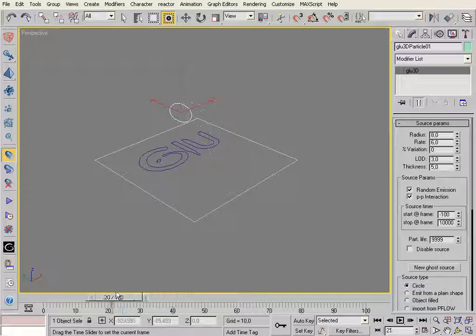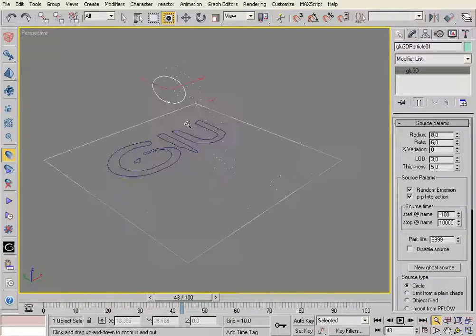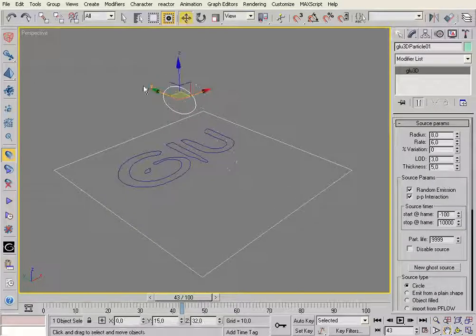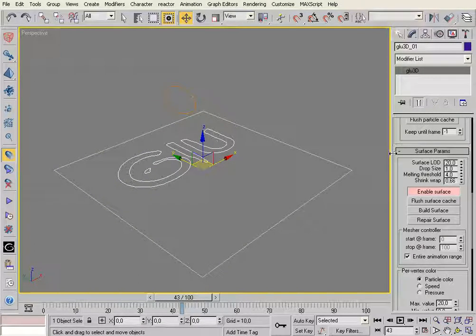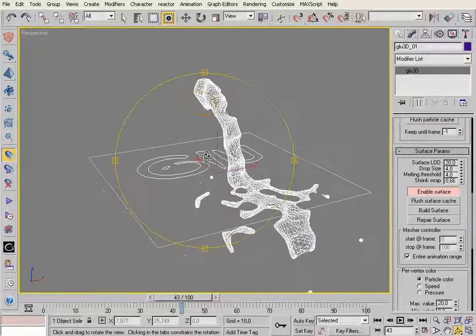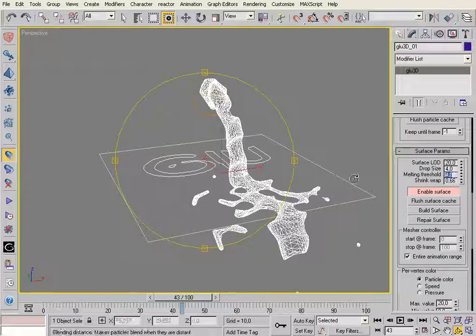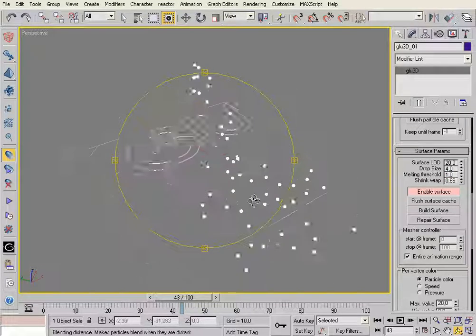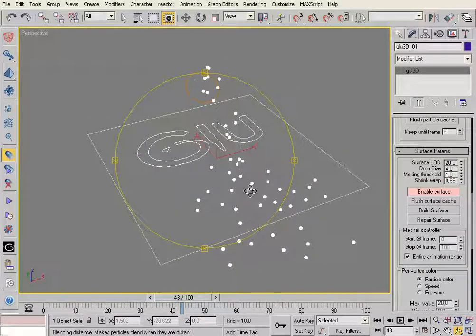Yes, now we don't have much particles on screen. Use drop size 4 and melting threshold is 4. We have this result, and melting threshold is 1. We have this result. Melting threshold controls how far particles blend together,